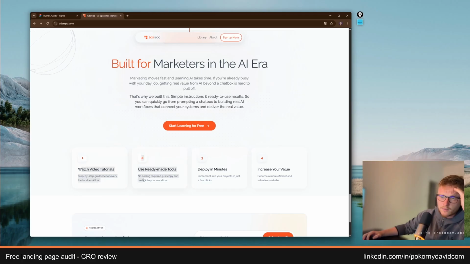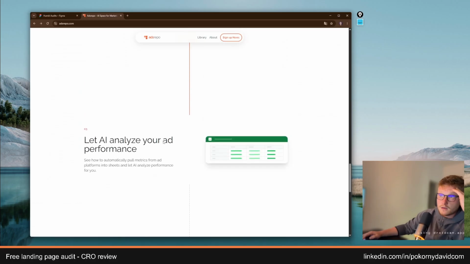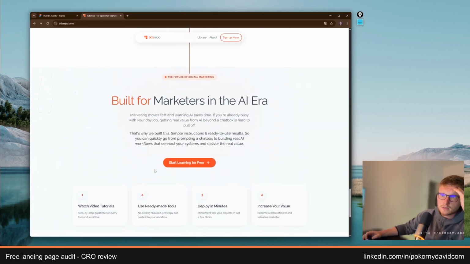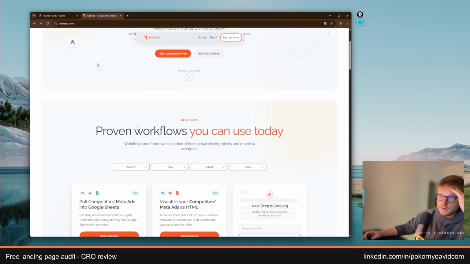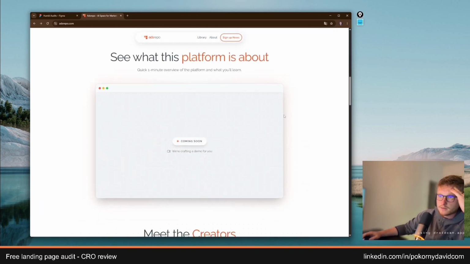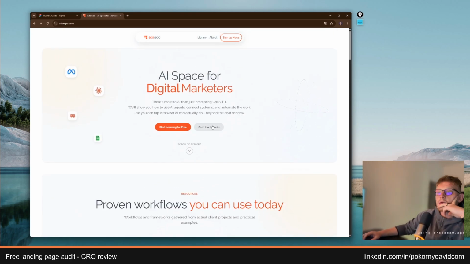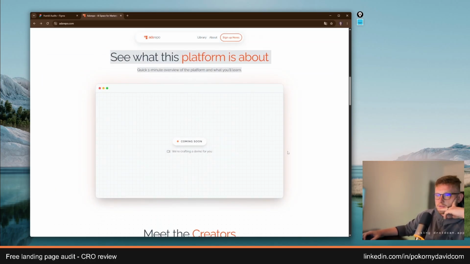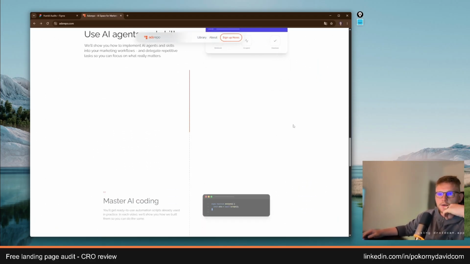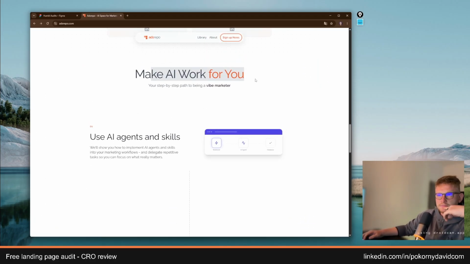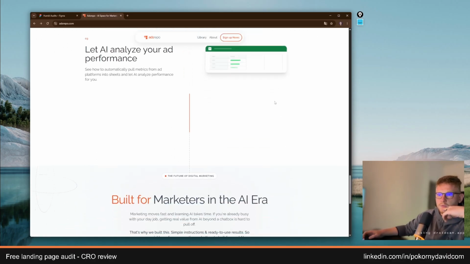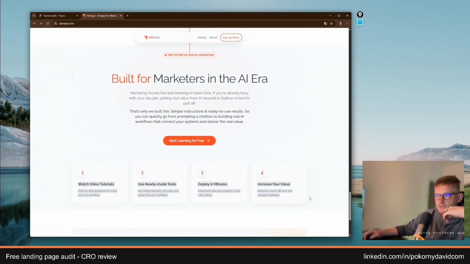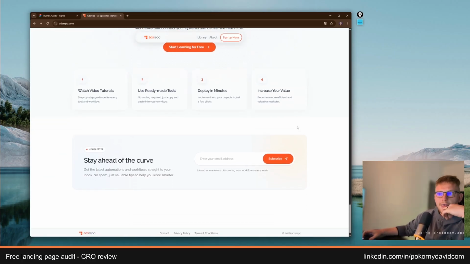Okay, so is this also how it works? Watch video tutorials, use ready-made tools, deploy in minutes, increase your value, or is this how it works? You have a button there, right, at the top. See how it works? Okay, so I suppose this is work in progress, but if you click see how it works, you shouldn't see this. You should see some actual how it works. But here it says, work for you. So I suppose this is how it works. And then I am not sure what this is. So I feel like there's some sort of imbalance. You probably already know about that, but just